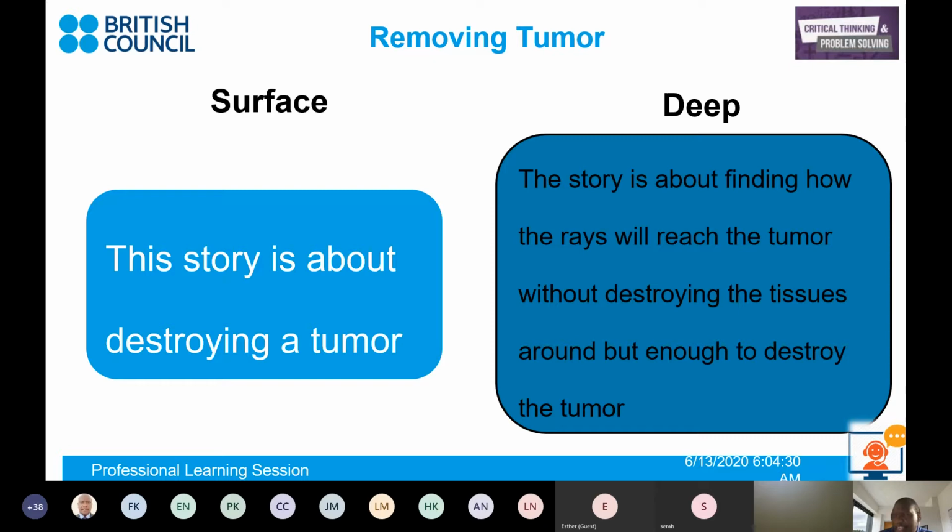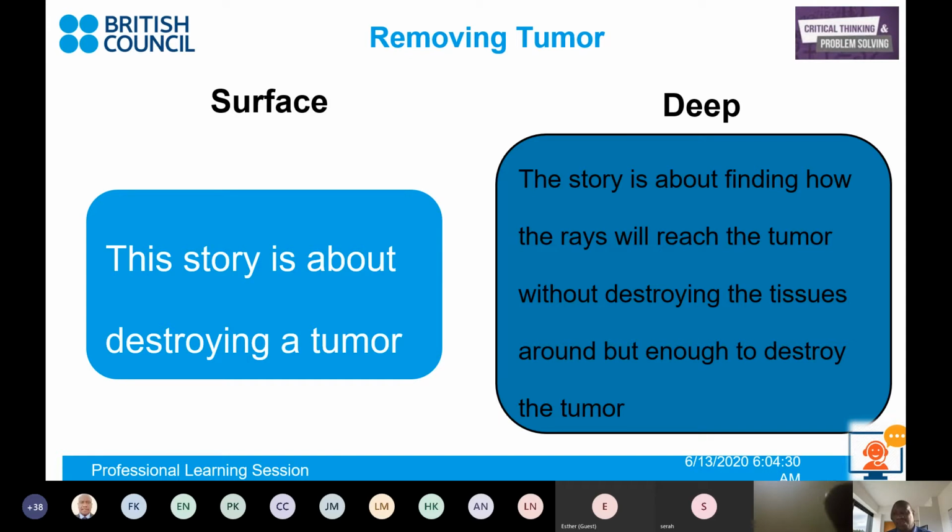So one of the solutions which they give is saying, bringing low intensity rays from multiple sides. So you should shoot from this side, this side, this side, this side. So they are all low intensity. So they are not hurting the patient, but they all meet at the tumor. Now, when they all meet at the tumor, they'll be concentrated as high intensity. Then they can be able to destroy the tumor, but at the same time, leave the patient safe. So that is what the medic have said. So you can see this is a deeper structure question whereby you need to think and get the answer.